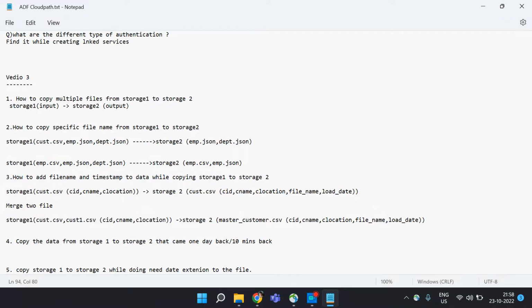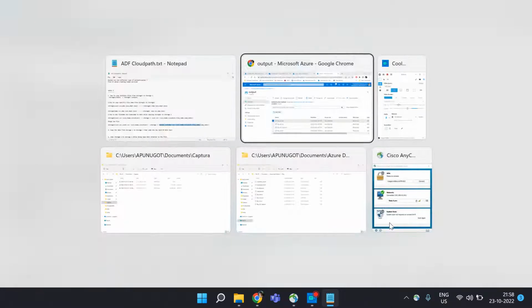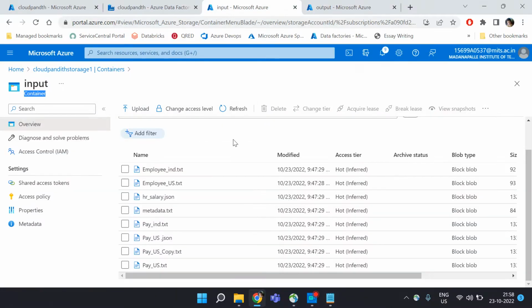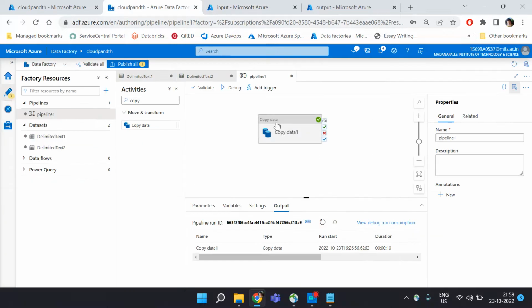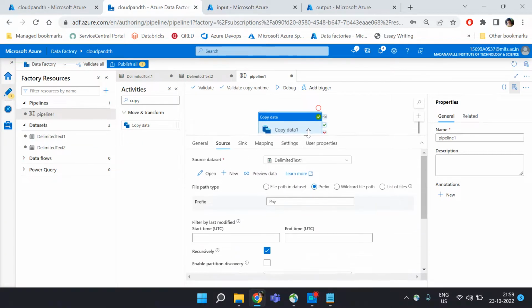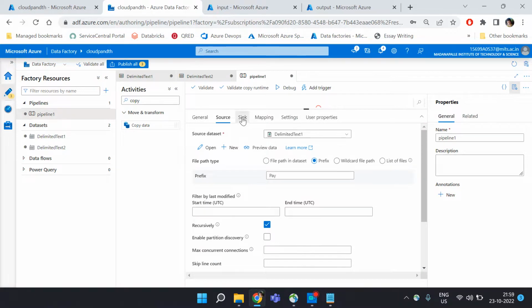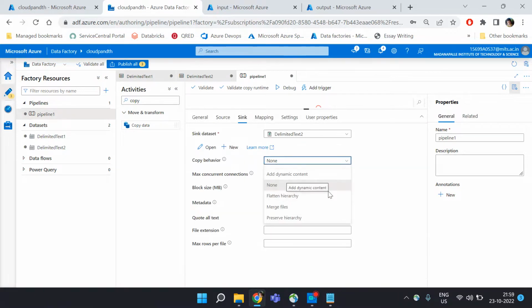So the next scenario is merge two files. Let's say for example we have customer1.csv and customer2.csv, they both have the same column names and data. Both files should be merged and copied into one file called master customer in the target set. So let's implement this scenario. In sink we have a copy behavior called merge files. If you select this,